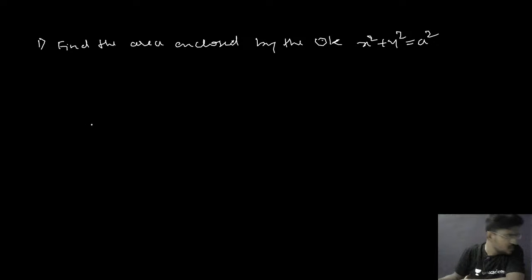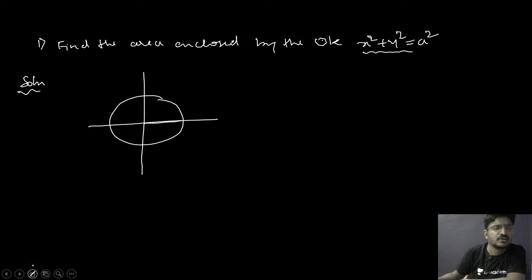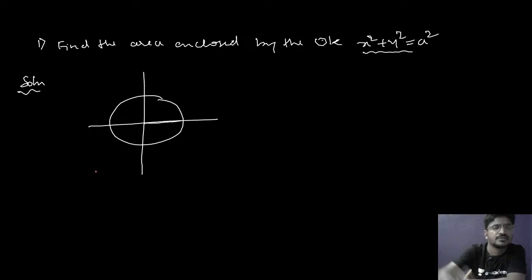Okay, so now you can just see this is the equation of circle. So for that, if I take this is the circle, this is going to be the radius of the circle